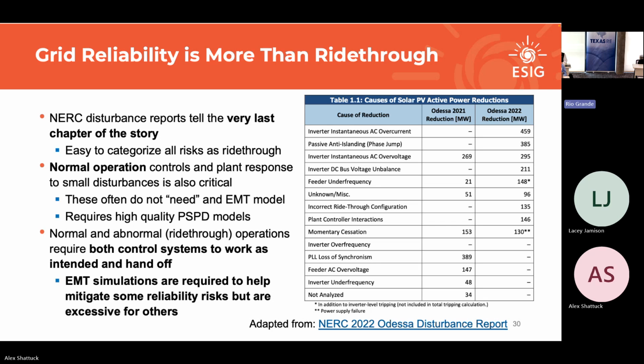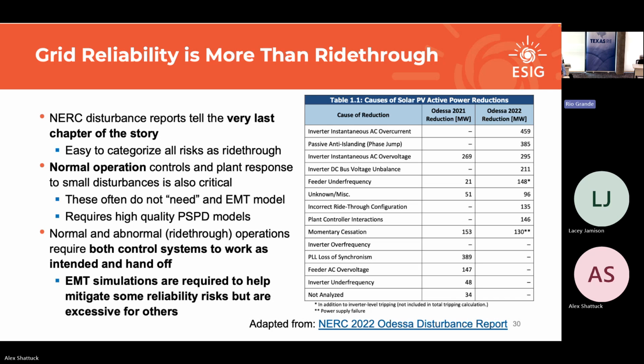I'm also going to miss these other things, but just to keep in mind that when we go through reliability studies and reasoning for studies, it's not always right through, but there's other things to keep in mind. And there's reasons to use different domains for different purposes. And as engineers, if we have multiple tools, it's best to use the right tool for the right job, just in general, for either getting the right result or not over-engineering like we all like to do most of the time. So the other piece and why EMT can be a really good technical solution is that